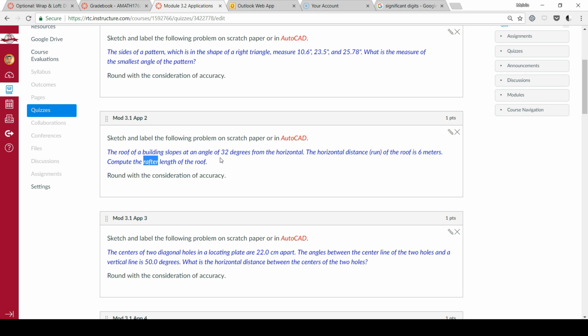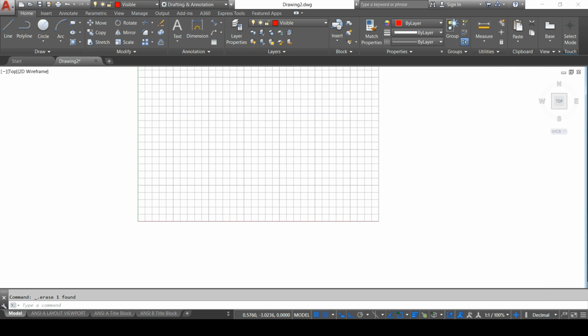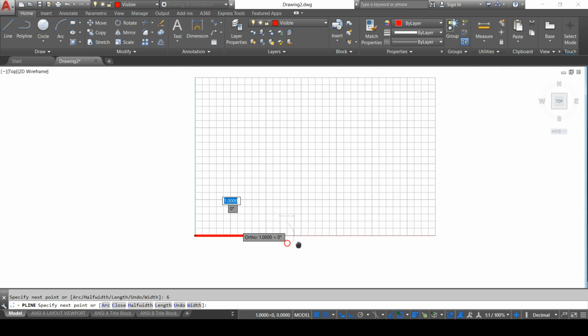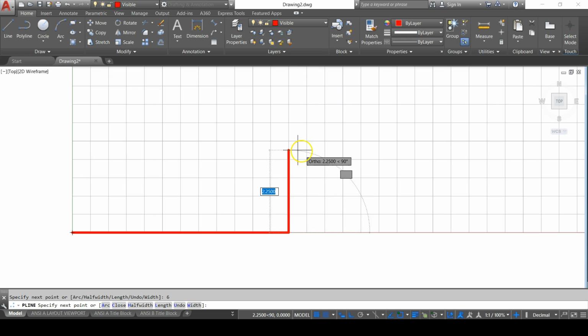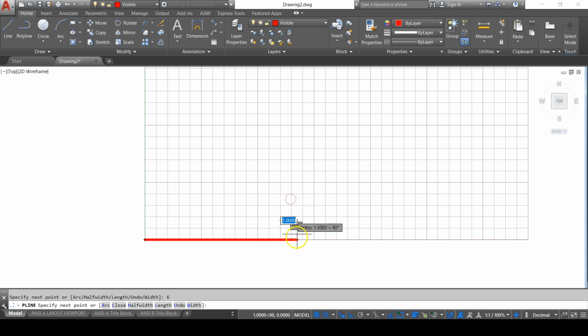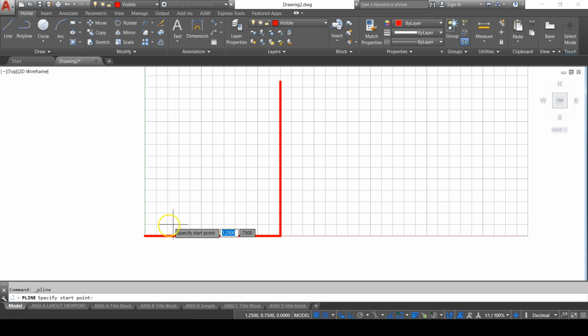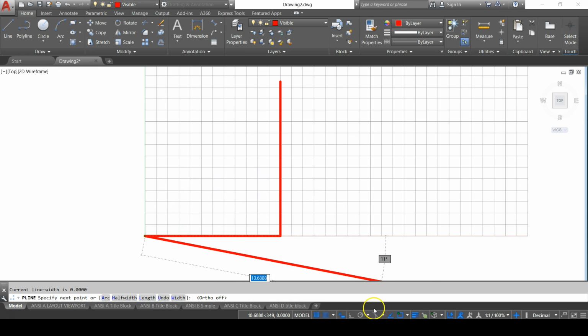I'm a picture sort of person, so let's sketch this up in AutoCAD to see what it looks like. Alright, so I'm going to use a polyline, and my horizontal distance is going to be 6. And I don't know what my vertical distance is, so I'll just do a random vertical distance upwards, and then I'll start a new line from the original vertex, not with ortho mode on, but I will have polar on, and I'll set my increments at,